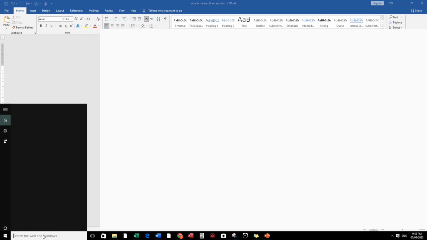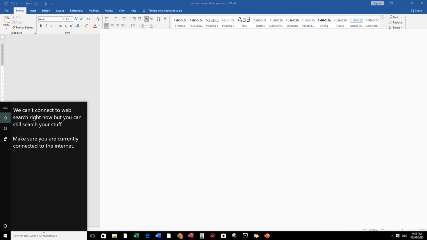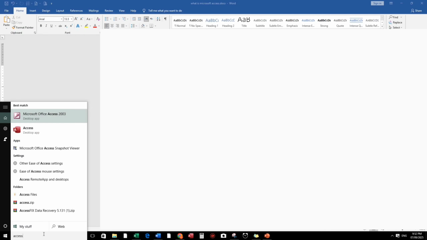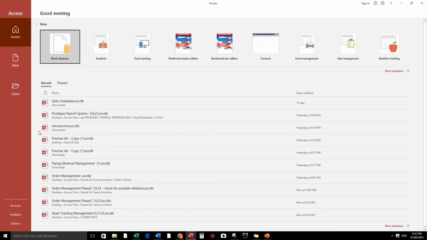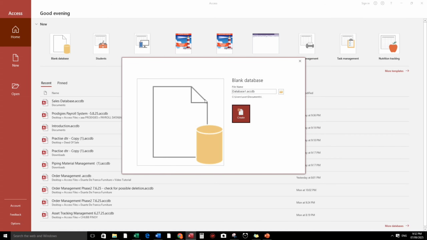So here in this tab, let us type Access. Make sure that you have installed your Microsoft Access. Here in my computer, I have the 2003 version and also the latest, so I will use the latest one. And here we go. By the way, we have existing templates which are your guide if you want to use them, and since this is a tutorial from scratch, I will use the blank database, and we can rename this, for example,